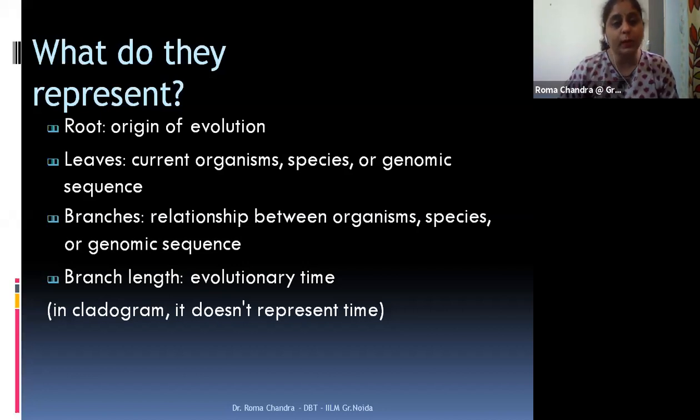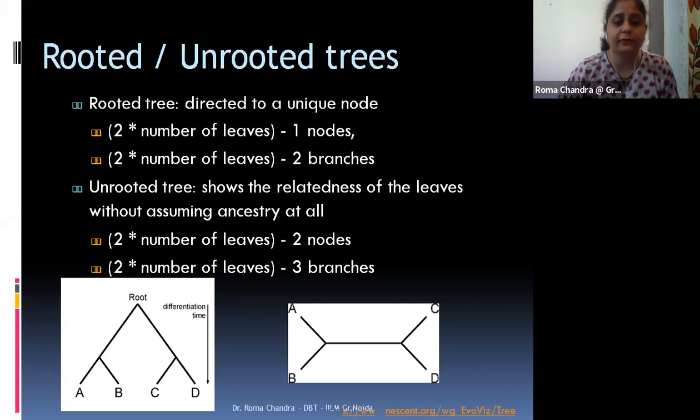When we create a phylogenetic tree, we have two types of trees. We have the rooted kind of tree and the unrooted kind of tree. You can see in the two pictures, this is a rooted tree and this is an unrooted tree. Rooted is having a root, nodes and branches. For example, here is a node with two branches, ultimately leading to two more nodes and four new branches. A, B, C, D are the four new branches.